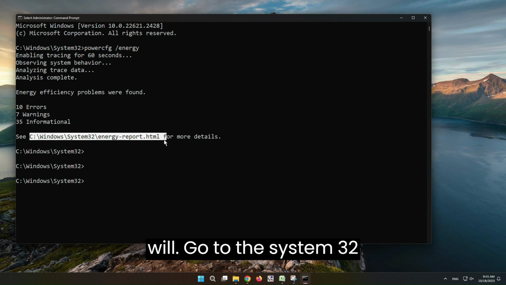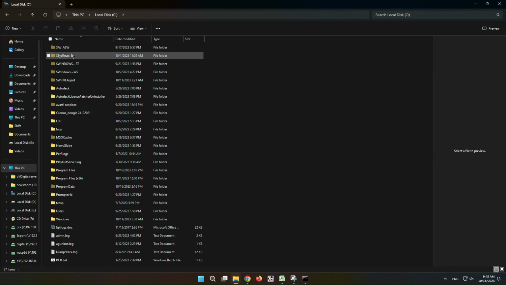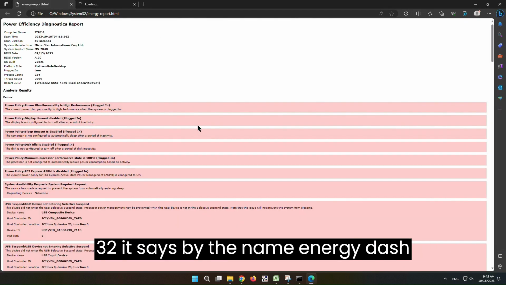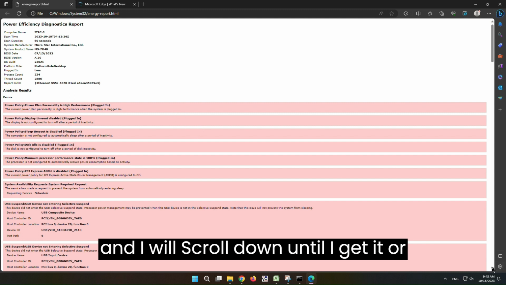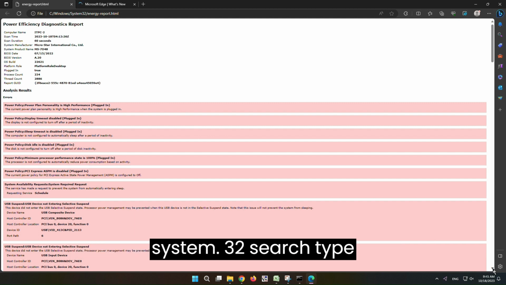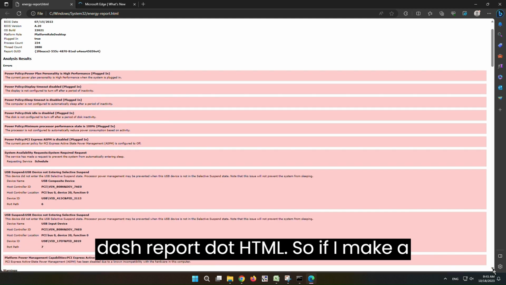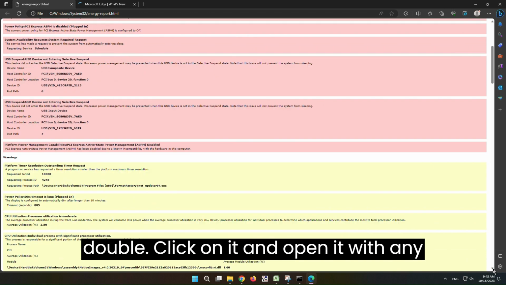We will go to System32, or I can show you from the beginning. If I go to C drive, then go to Windows, then look for System32, it is there by the name energy-report. I can scroll down until I get it, or you can also search it by clicking on the System32 search box and typing energy, and then it will display energy-report.html. If I double click on it and open it with any browser,